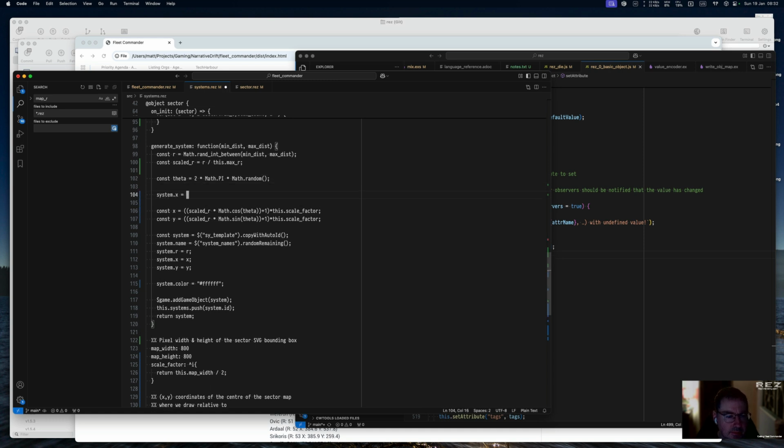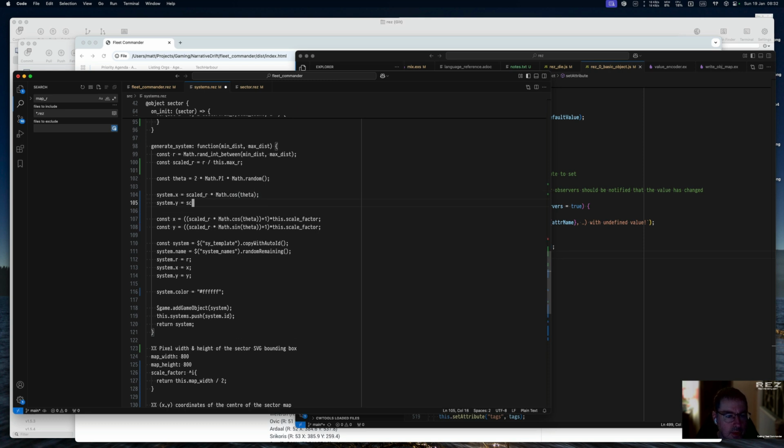So system.x is going to be scaled R times math.cos theta. Do I want to keep the offset adjustment in there, +1? So that would be 0 to 2. So we translate the native -1 to +1 into 0 to 2. Okay, let's leave this unadjusted for the moment. And system.y is scaled R times math.sin theta. Okay, so